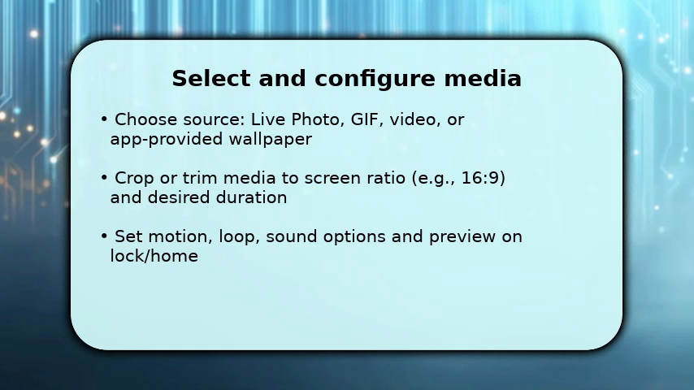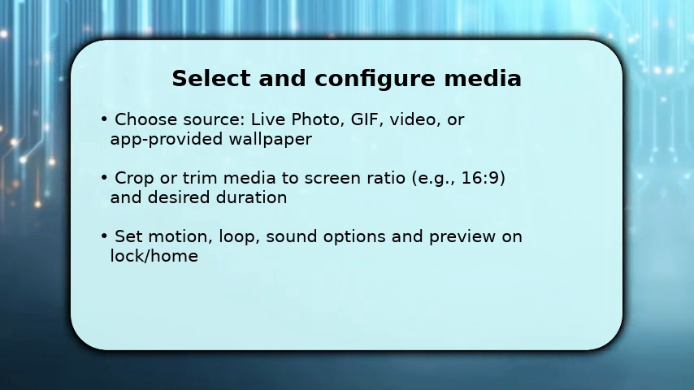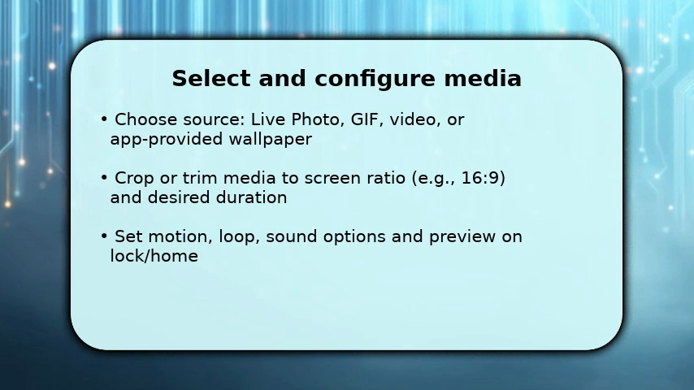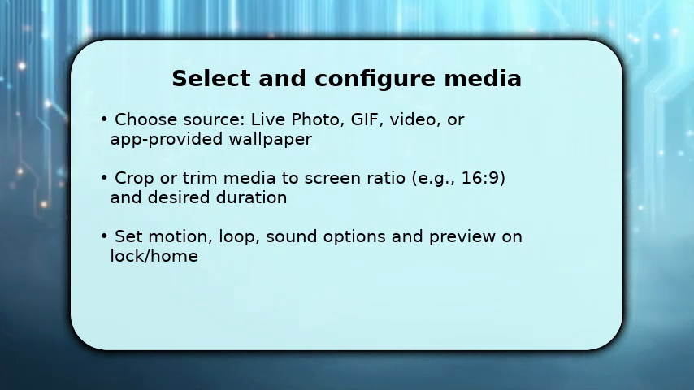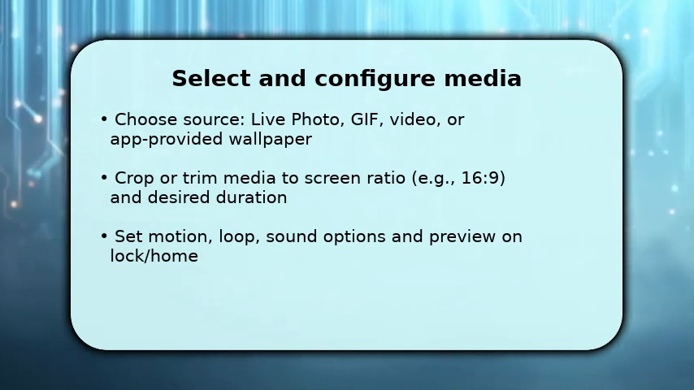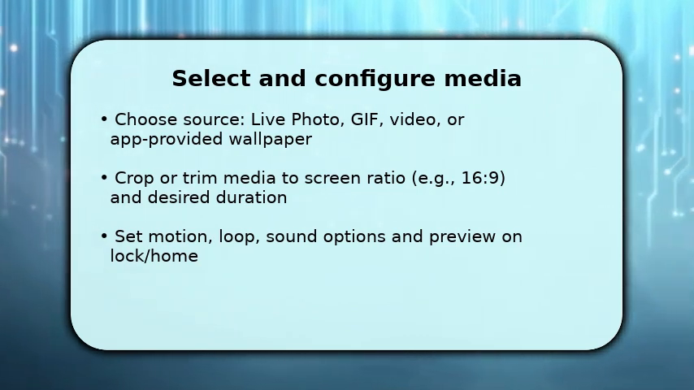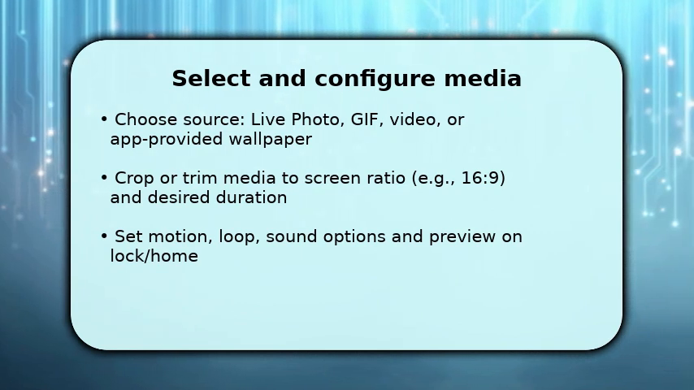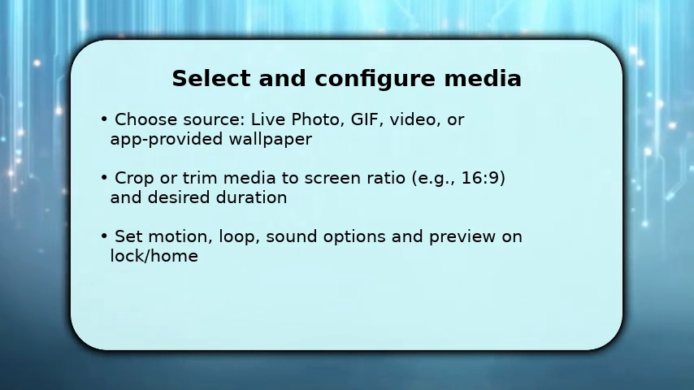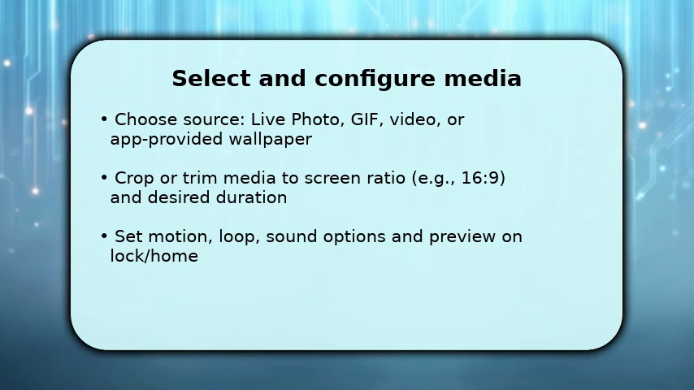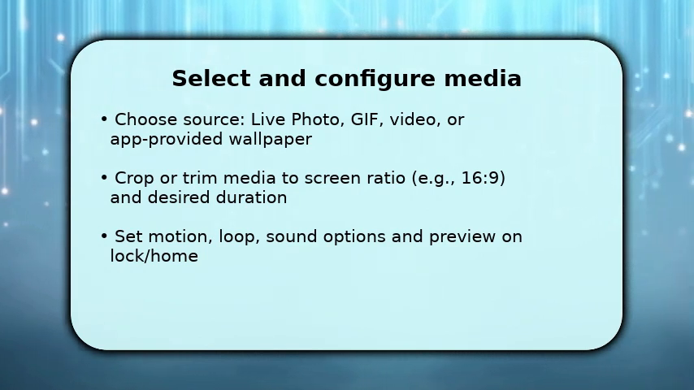Make adjustments. Crop to the screen ratio like 16:9, trim start/end times, and choose the loop style, because proper framing prevents odd stretching. Then configure motion and sound settings if available. Some systems mute by default. Make sure to preview on both home and lock screens to confirm the timing and motion feel right before you